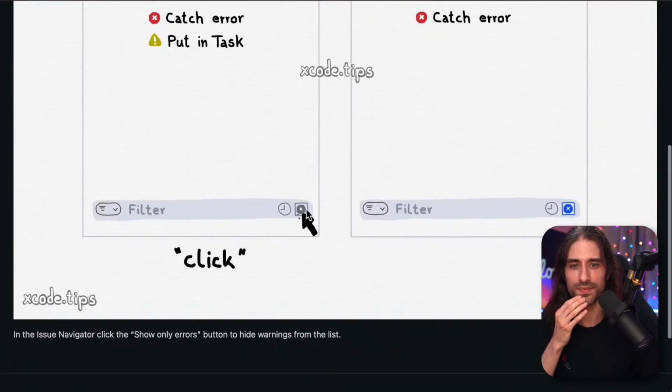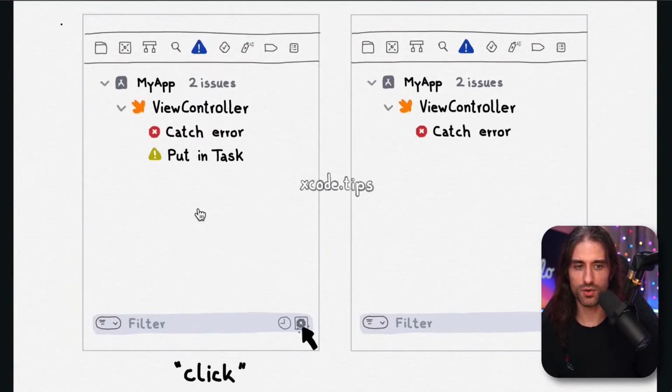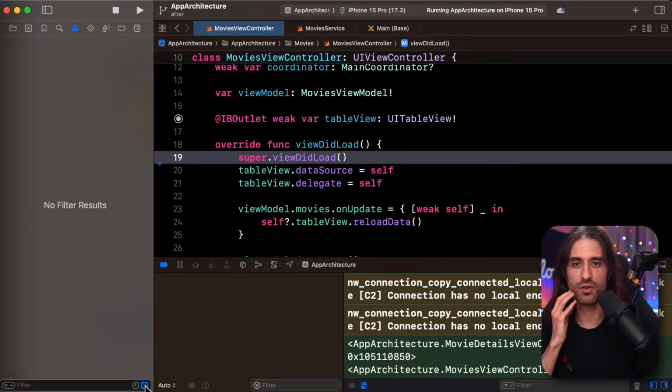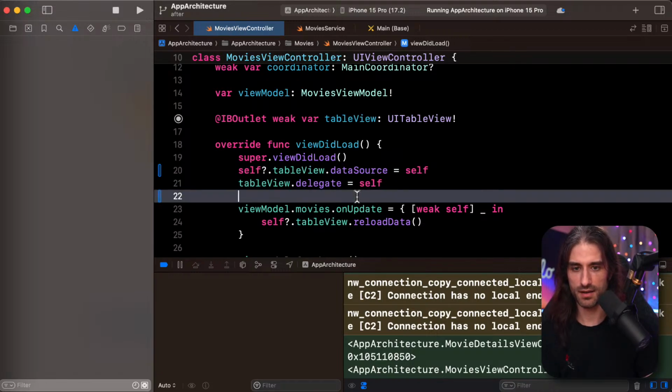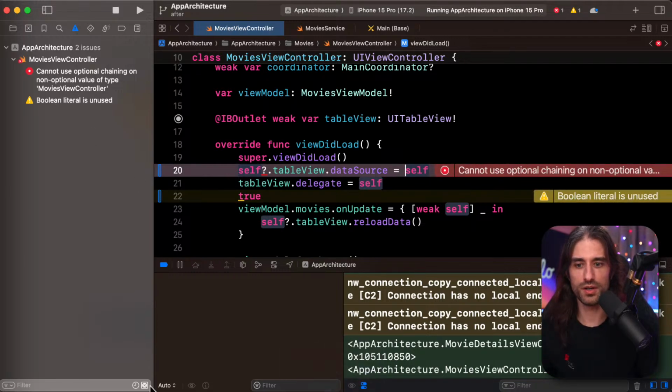Show only errors. So if you have errors and warnings when you build, you can only show the errors. So here, it will be in this view by clicking on the little thing here. It's called show only errors. That's the name of the label. So if it appears off screen, and when you select it, you will only see the errors. So let me see. I'm going to show, this would be an error for sure, and then this would be a warning, I guess. Yes. So we have an error and a warning. If I click here, we only see the errors.